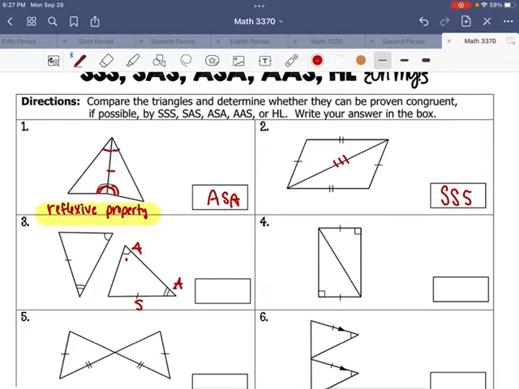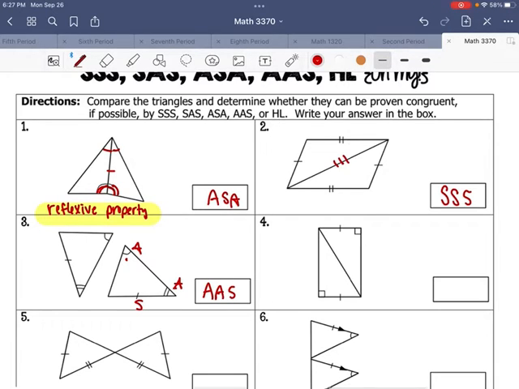Sometimes I'll tell the kids to label them because it'll help. And so, sorry, I almost canceled it. And we can see that it's angle, side. But it could also be ASA, so they need to be sure that they realize that the side's not